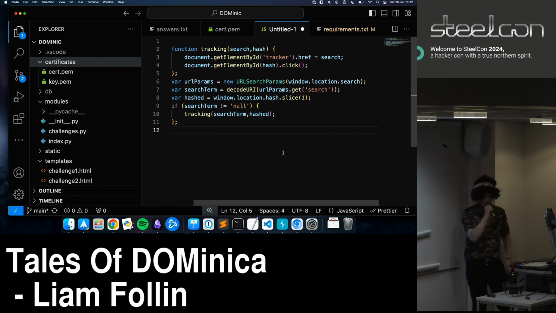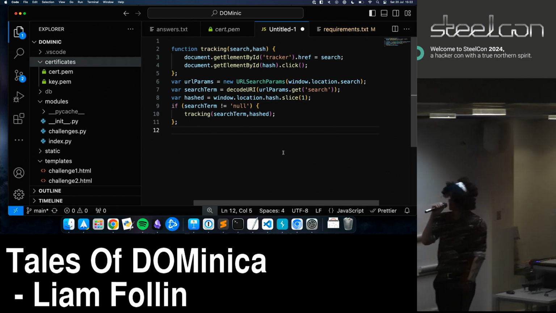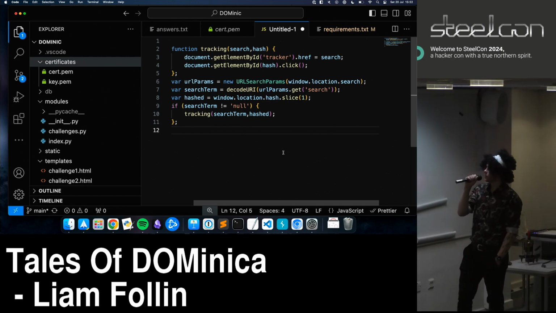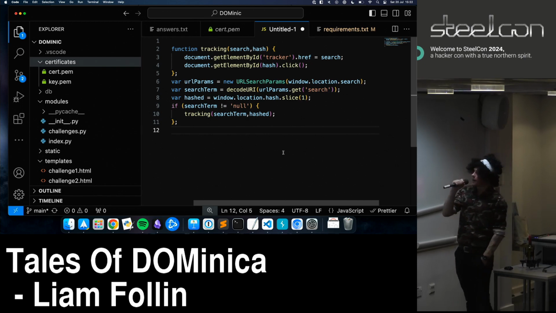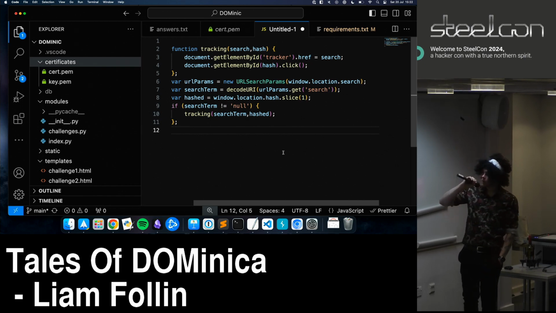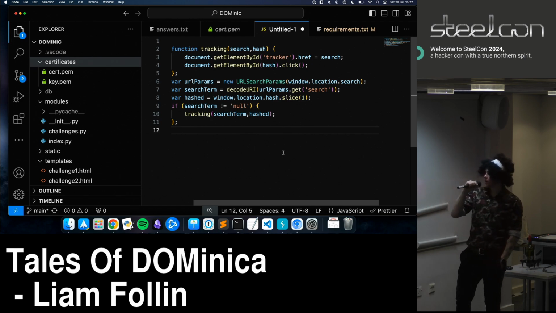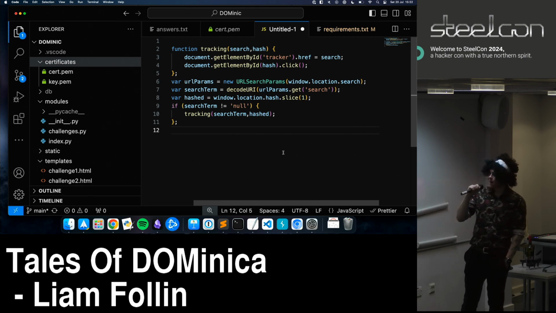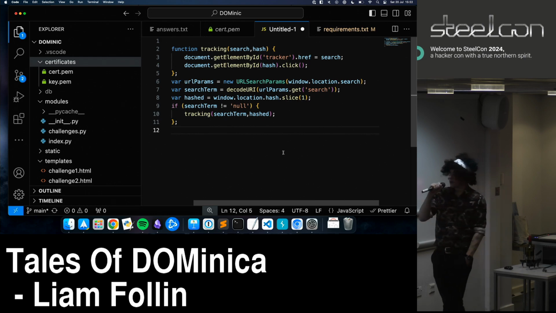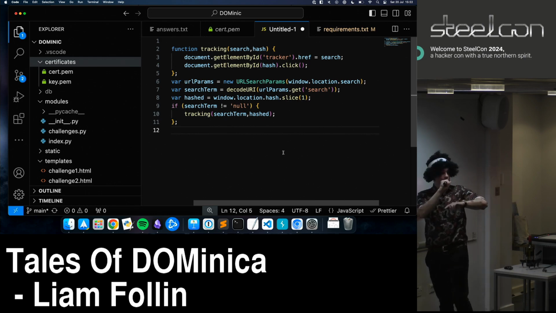Always pray to the demo gods before you do a demo. So this is the function that we're attacking this time. We've got document.getElementById tracker, href equals search, and then we're getting the document element by ID hash, and we're going to click on it. We've got our URL search parameters. Again, simple. We're decoding the URI, decodeURI, so opposite of encodeURI, on URLParams.get search, and then hash equals the window.location.hash.slice(1), so that grabs everything after the